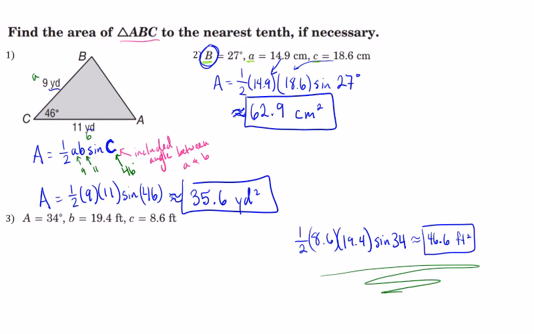And by the way, remember that it doesn't matter if you switch these, so it doesn't matter which side you put first, because of the commutative property of multiplication. So don't spend too much time figuring out, should I put the 19.4 first or the 8.6? It doesn't really matter. Okay,